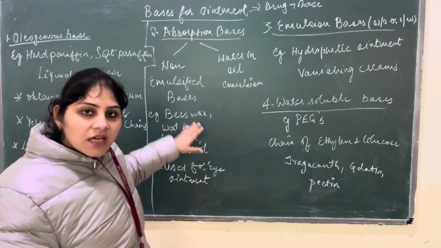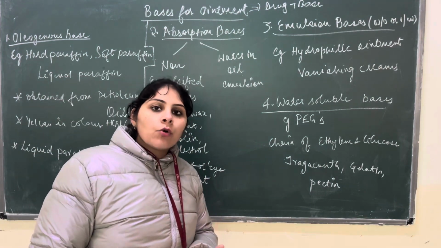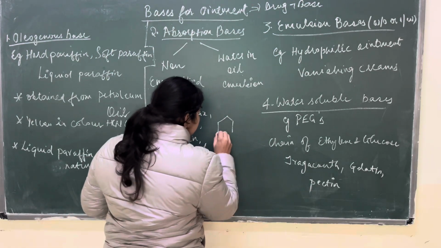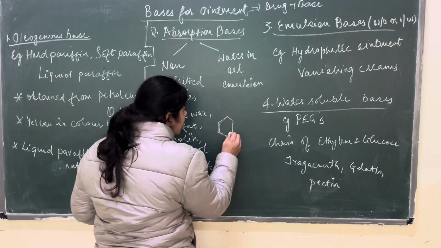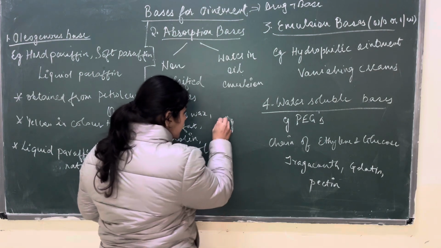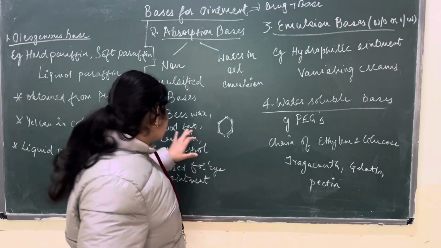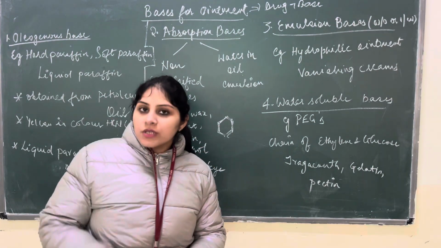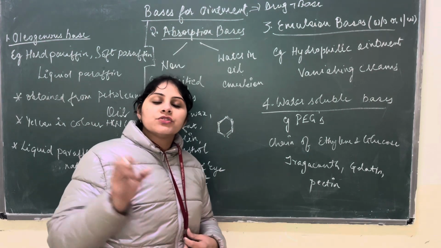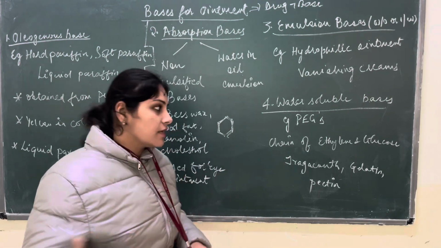Beeswax, we get beeswax from the honeycomb of the bees. The honeycomb of the bees has wax on its sides, the honey wax. We extract the wax, which is known as beeswax, and it is also yellow in color. When we bleach the wax, it comes in the white color, which we use on the laboratory scale.